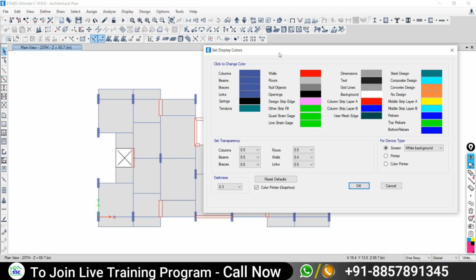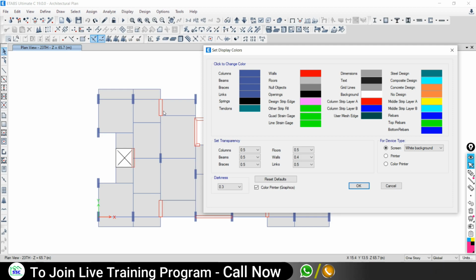It means what kind of window arrangement you want in respect of color, what kind of view you would like to see for the particular elements.